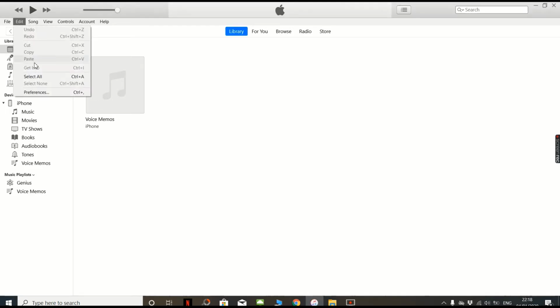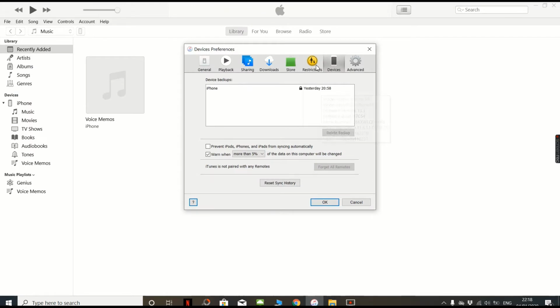We go to Edit, we click on Preferences, we go to Devices, and that's the backup you have. You can delete it by clicking on it and deleting it. I will say cancel for now because I will show you the other way you can locate and delete your